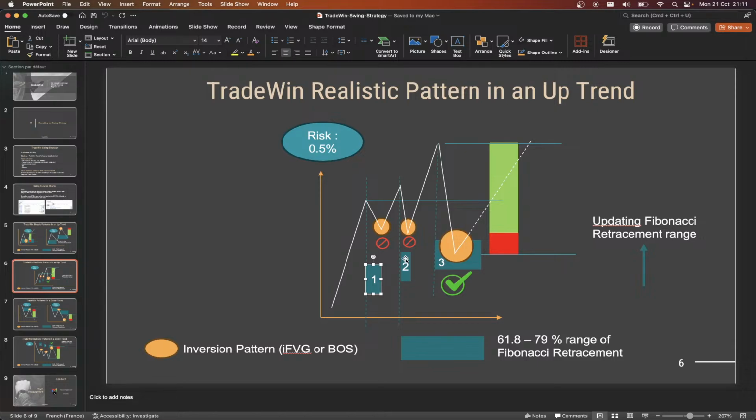So of course, as you see here, the blue range is updated each time I reach a new high, because the Fibonacci range starts at the bottom here and is updated anytime I get a higher high. Okay, so that's what I say here, and the exact same thing happens when I'm doing